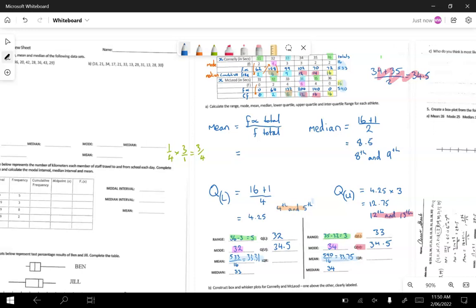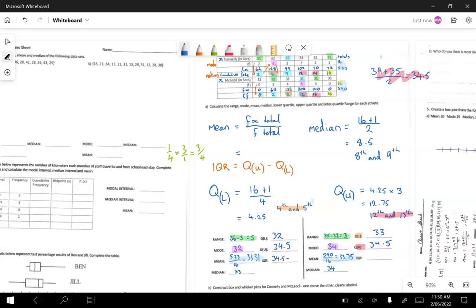All right, let's roll a little bit further. Interquartile range is a new one. So if we put this down somewhere, I'm starting to make a real mess of this sheet and not leave much room. The interquartile range is the upper quartile minus the lower quartile. So in other words, what I'm looking for is the range within the middle half of the data, the most relevant. So this one is going to be, don't bother showing the working out, I'm just showing it so you